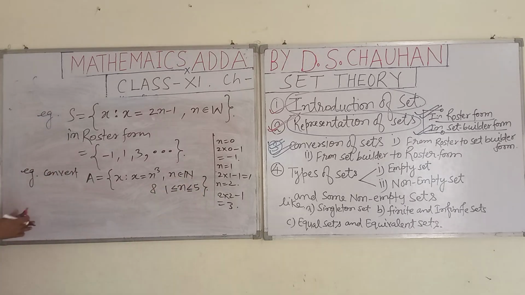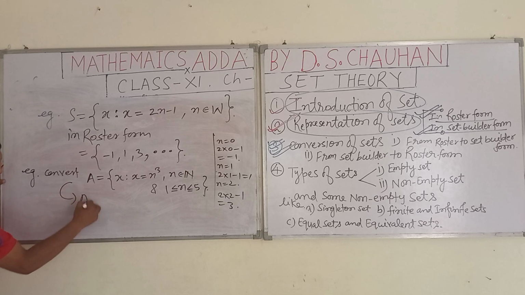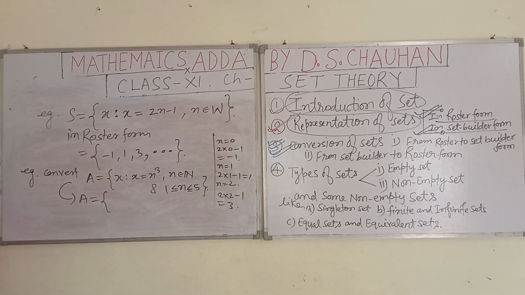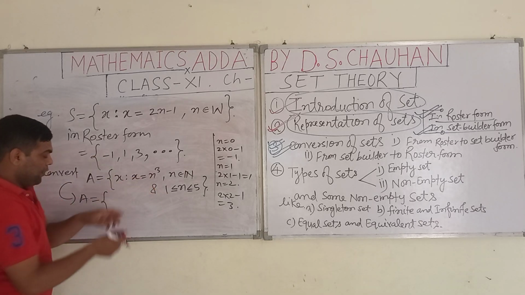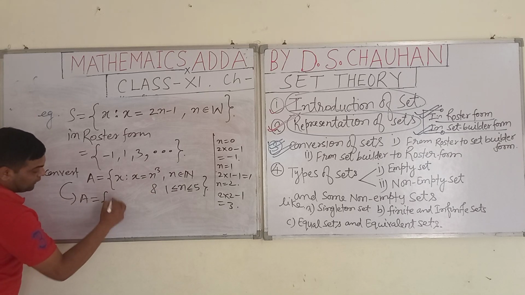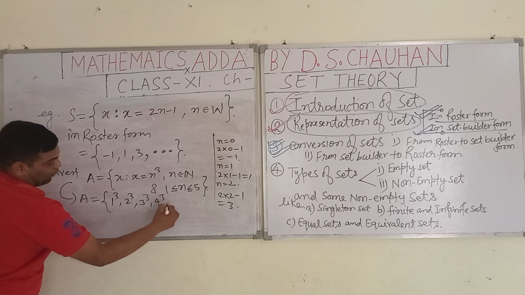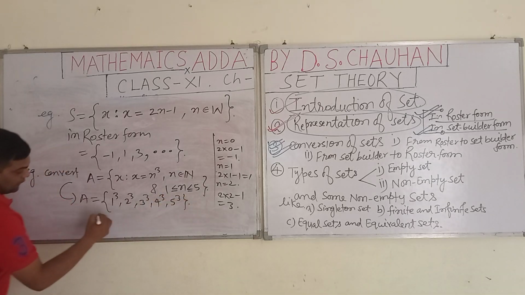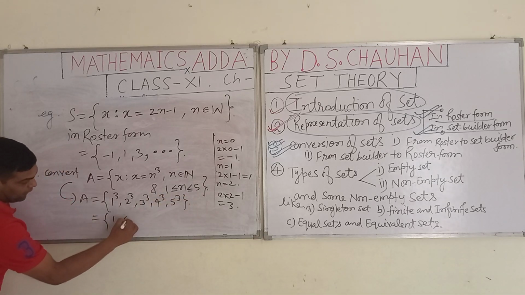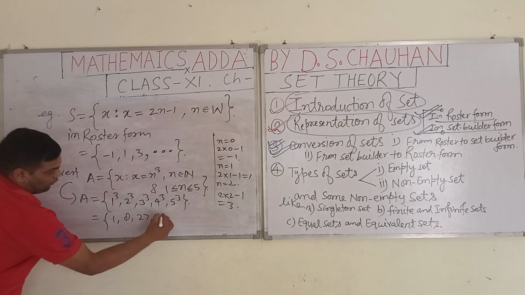So in roster form, as we take 1, we will get 1 cube, then 2 cube, 3 cube, 4 cube, 5 cube. That is, you may note down, students, here 1, 8, 27, 64,